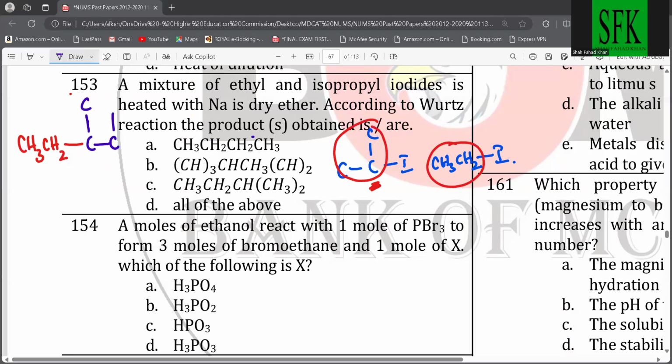और इस वाले कार्बन पे लगा हुआ है, यहाँ नहीं है। तो इससे मिलता जुलता कोई आंसर अगर हम निकालना चाहें, तो इस कार्बन के पास एक हाइड्रोजन अपना है और दो CH3 ग्रुप्स लगे हुए हैं, फिर उसके बाद एक CH2 लगा है और एक CH3 लगा है, तो CH2 दो है, ये ऑप्शन सी। ठीक है, बाकी ऑप्शंस नहीं आ सकते, ऑल ऑफ द अबव नहीं हो सकता।